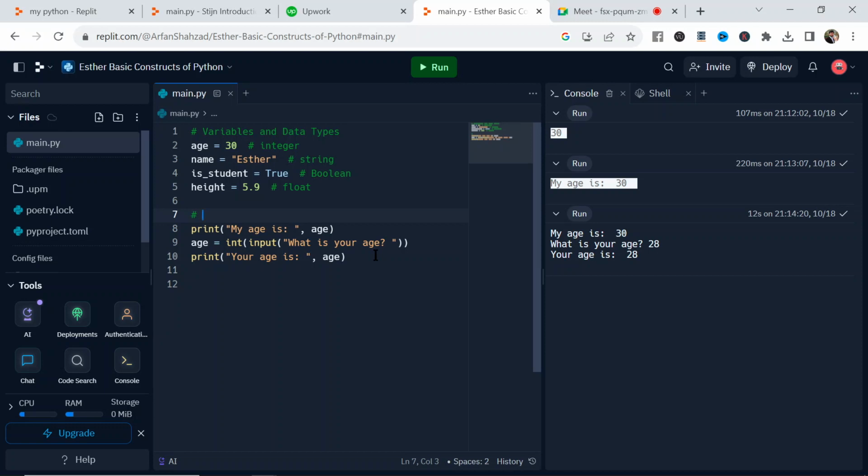This is another building block which is known as input and output, because whenever we are working with any programming language, input and output play a very important role. So there are other building blocks. For example, in a logical sequence, after that we can discuss conditionals, and in conditionals we can discuss if, elif,